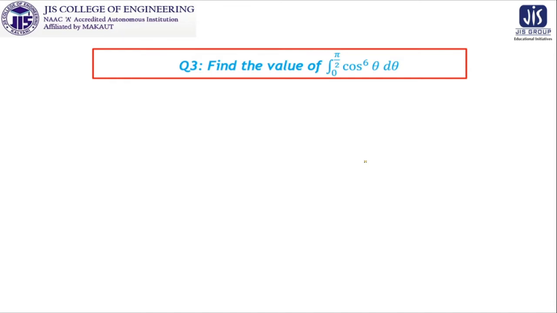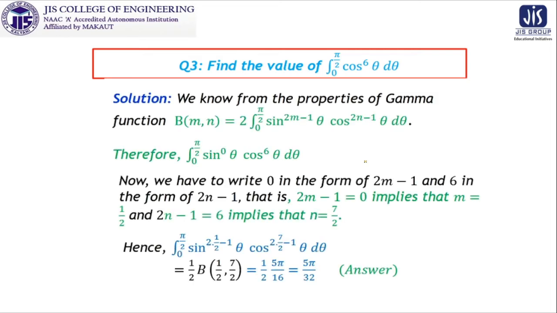We are now trying to find the value of the integral of cos to the power 6 theta. In your childhood days, you learned the technique of integrating cos theta, cos square theta, cos cube theta. But for cos to the power 6 theta, if you approach the same problem in the same way, it will be tremendously tough. In some cases, it is not possible to find it. But look at this, the beauty of the beta function and gamma function. We can approach this problem in this way.